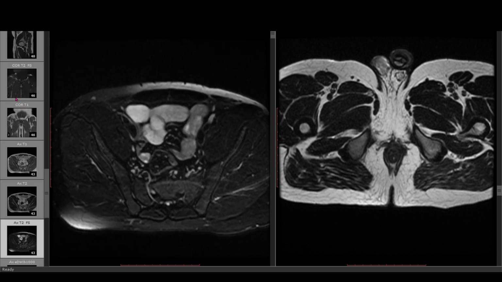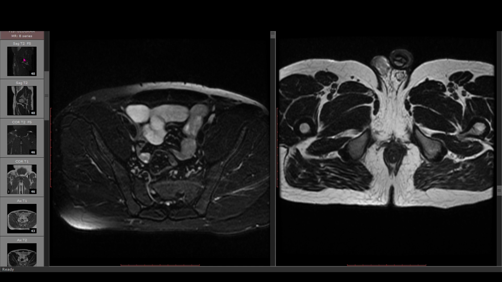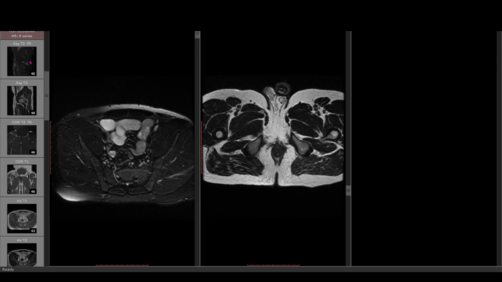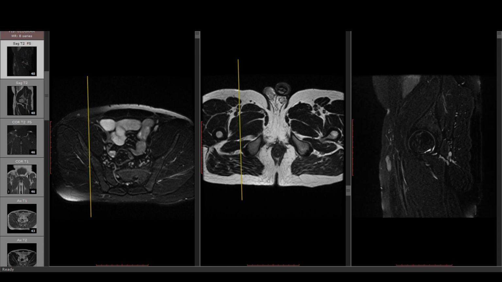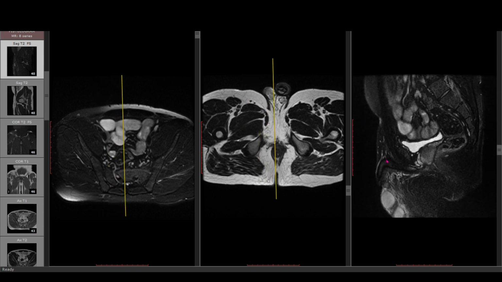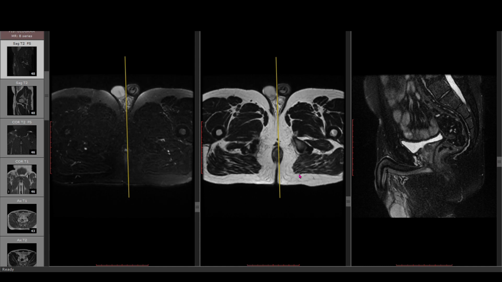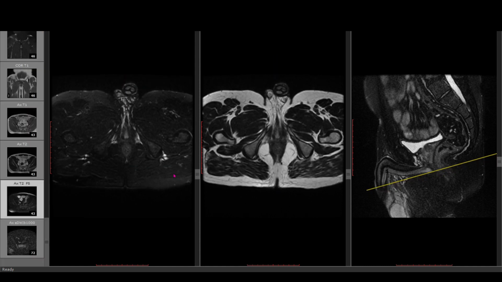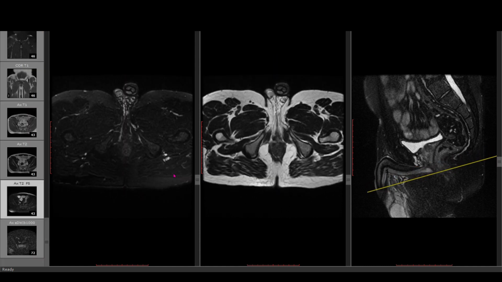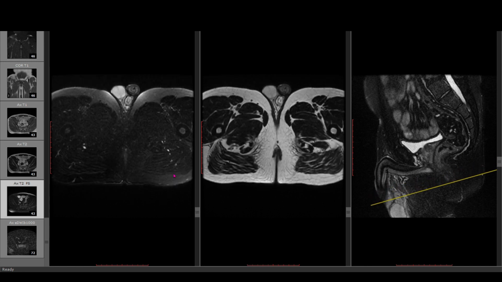I'm taking T2 FS because the area was very clearly seen in T2 FS images. I am using the Radiant tool so that I can show the case to you. All patient names are randomized. These are not the actual names of the patients, for privacy purposes. So you needn't worry about that.